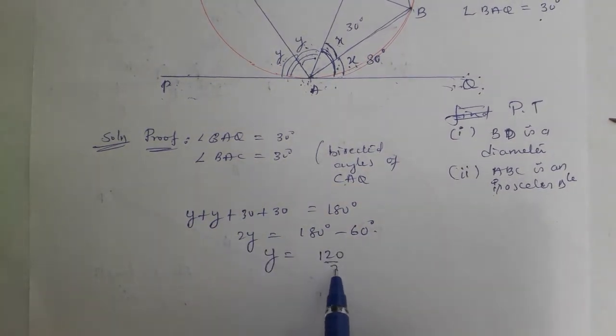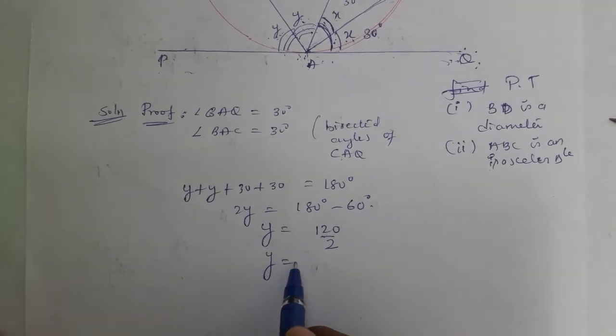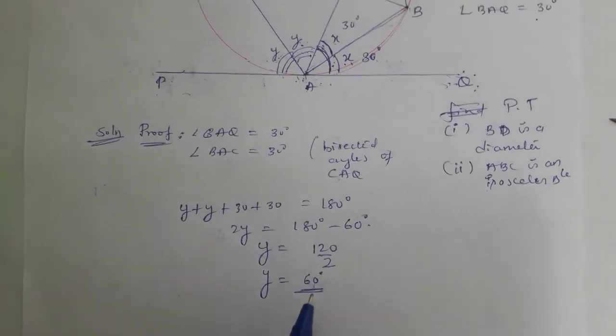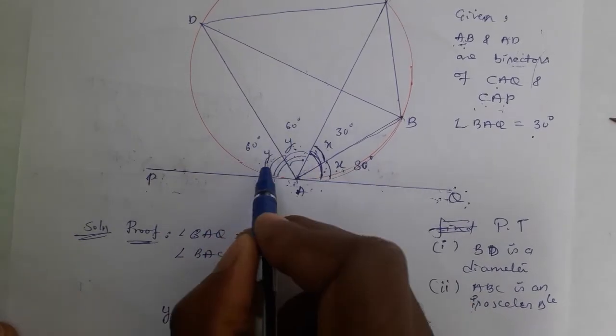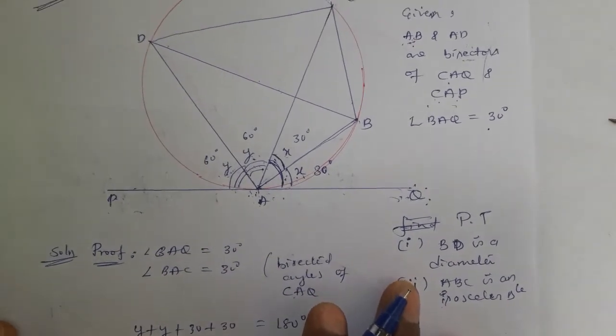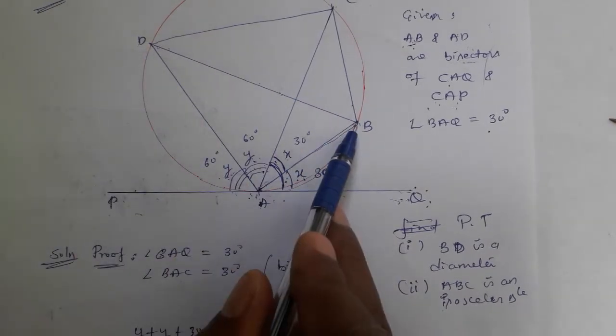2 is shifted here by 2. y is equal to 60 degrees. y becomes 60 degrees. I mark on the diagram y is 60 degrees. Even this is also 60 degrees. Both are equal angles. Now, to prove BD is a diameter,